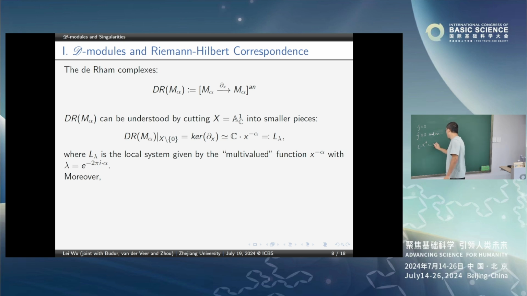So we can embed this into this, C times x to the alpha, times x to the minus alpha, times x to the alpha. So we have to put that here, right? So this is